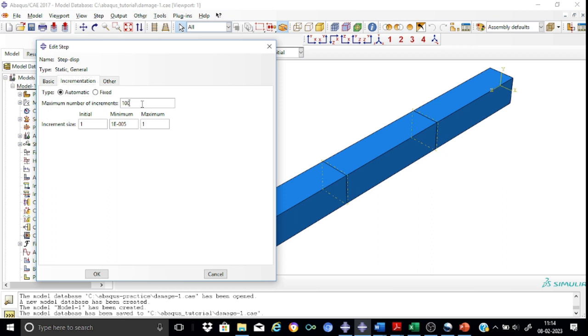let us use a little bit more increments, and let us keep the initial at around 0.01, and the maximum I would like to keep as 0.05, because this may have some convergence problems. So let me keep the minimum as e raised to minus 15. So this means